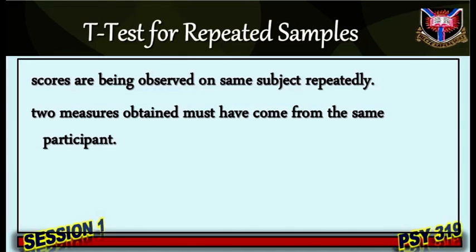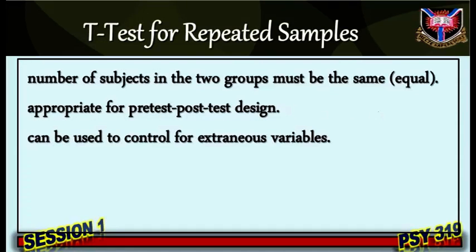T-test for repeated samples. In the T-test for repeated measures, as the name implies, scores are observed on the same subject repeatedly. In other words, the two measures obtained must have come from the same participant, and that is why the number of subjects in the two groups must be the same, equal. This type of statistical method is appropriate for pre-test, post-test design, and it can be used to control for extraneous